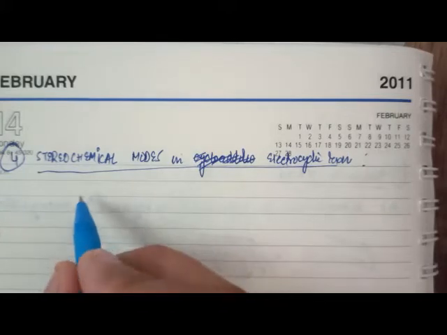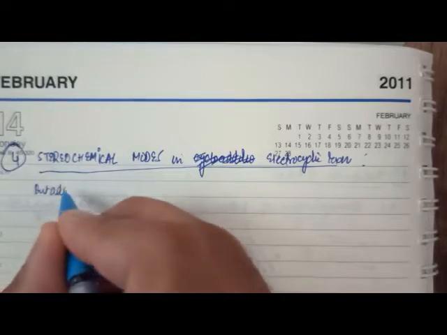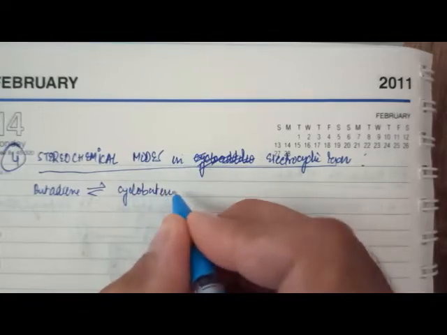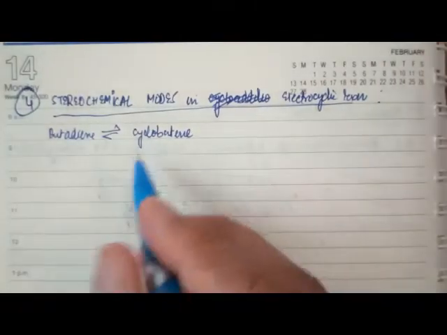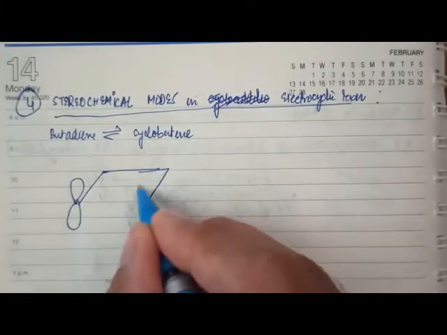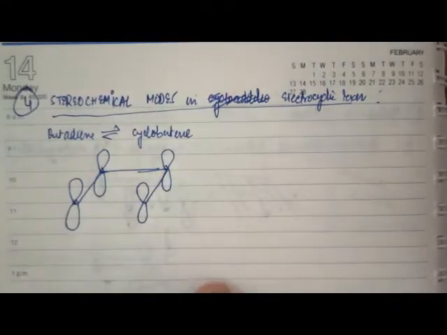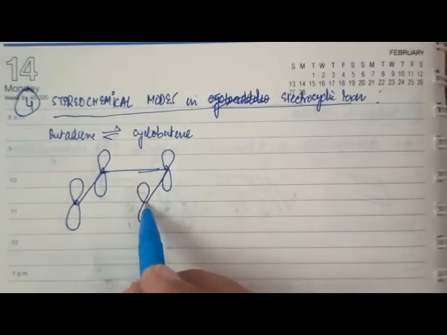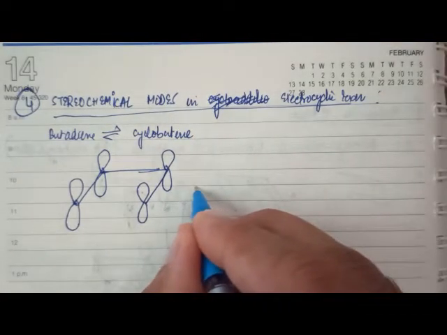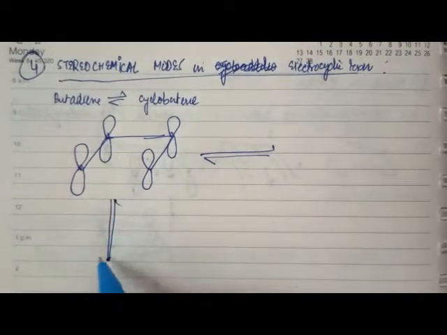Let me again go back to the butadiene system. I'm talking again about the example of butadiene and cyclobutene interconversion. How did this reaction occur? I said I draw the butadiene molecule like this. These are the two terminal p lobes, and I know that these two terminal p lobes can rotate in such a way that they undergo internuclear overlap, leading to the formation of a sigma bond. Now there are two ways in which this lobe can rotate. I'll try to draw those two ways and make you understand what the stereochemical modes operative here are.